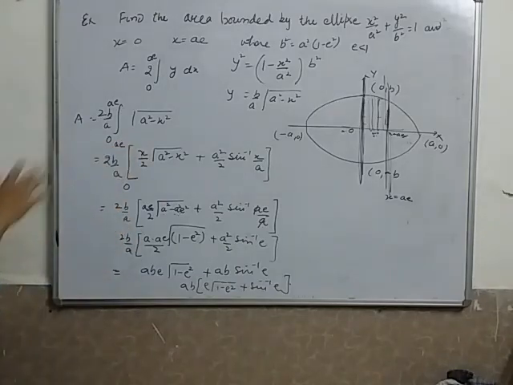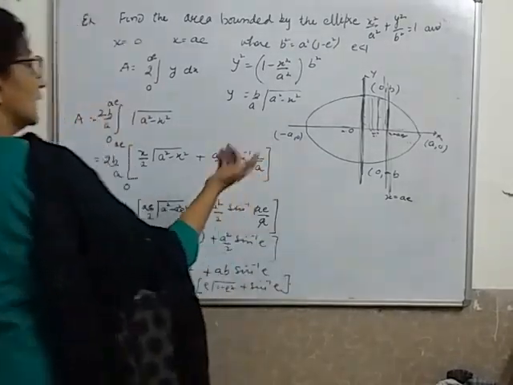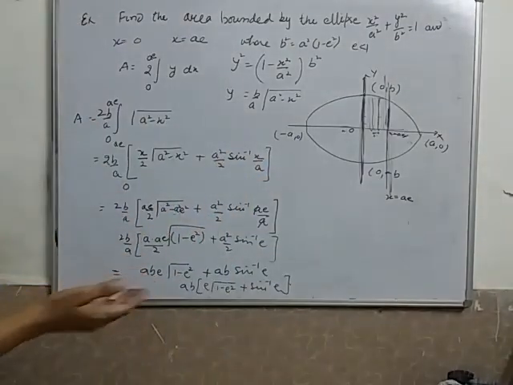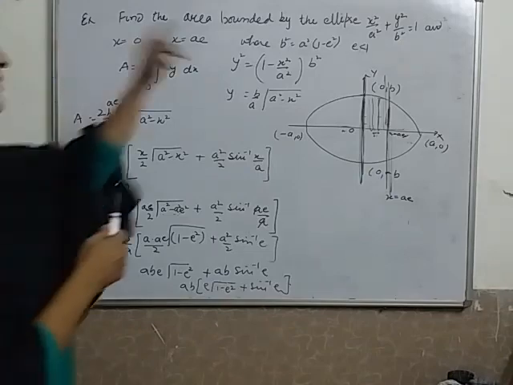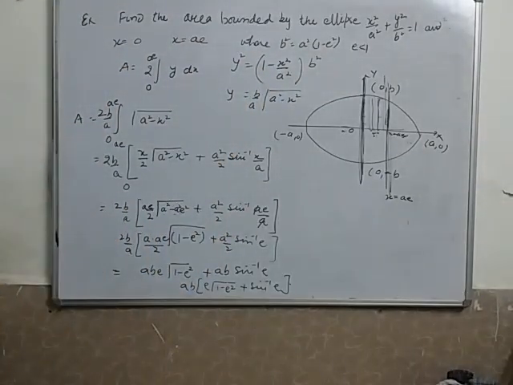I have done both ways, whichever way you like. Since it had been a proof question, I had to reach here. Here the answer was given, that's why I did it. But in the exam, whatever comes to your mind, even if you put b, that is perfectly fine with this question. Okay. I hope this is clear to each one of you.